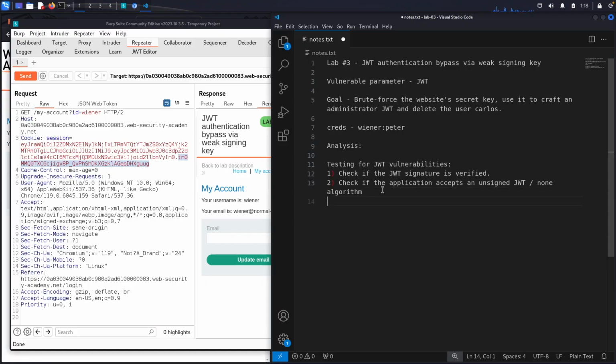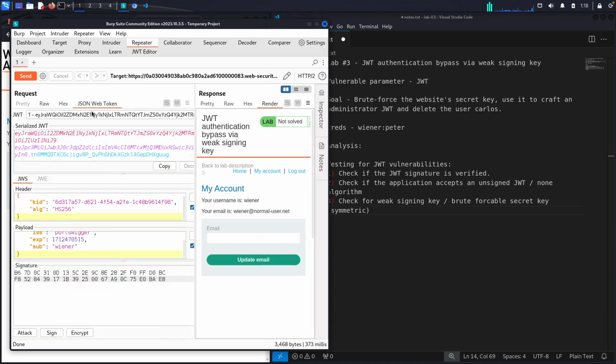So the next thing that I try is to check for a weak signing key or brute forcible secret key. So this specific attack vector only works for symmetric algorithms. And as you can see over here, in the algorithm field, you've got HS256, which stands for HMAC with SHA-256, which is a symmetric keyed hashing algorithm that only uses one key to both generate the signature and to